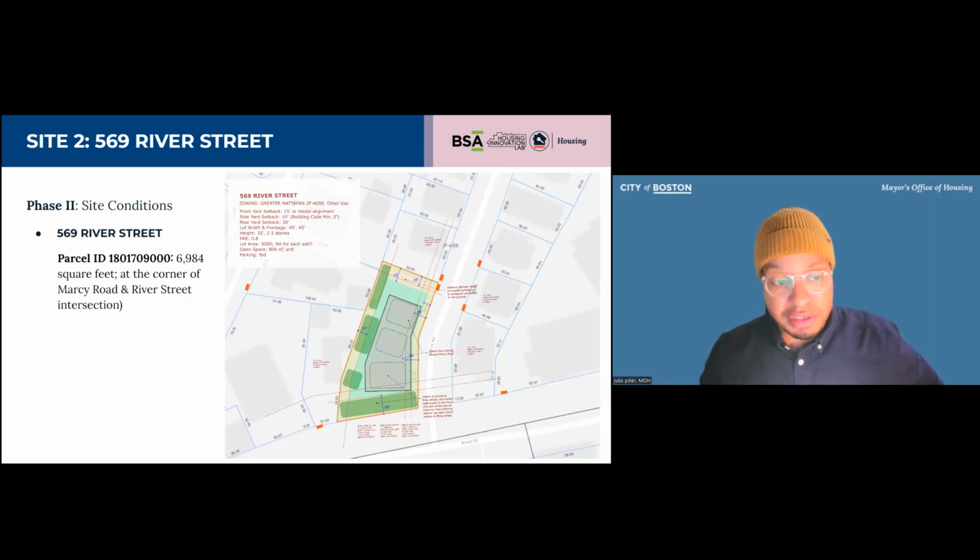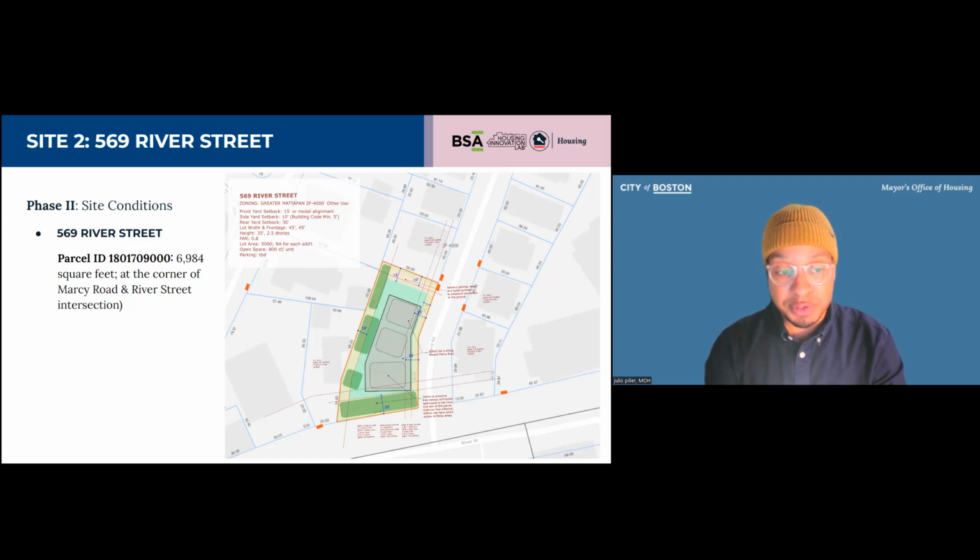So the next lot is 569 River Street. This is very similar in size to 379 Geneva Ave. This is actually a 7,000 square foot lot located in Mattapan at the corner of Marcy Road and River Street. Notably, this site does share its borders with a single family home and is positioned directly across from some triple deckers on Marcy Road.